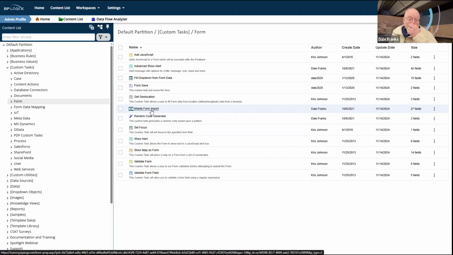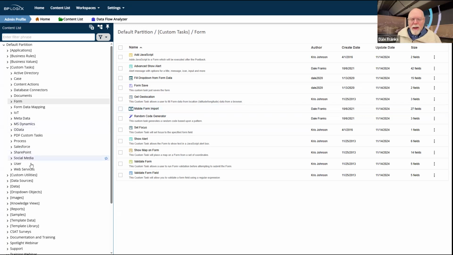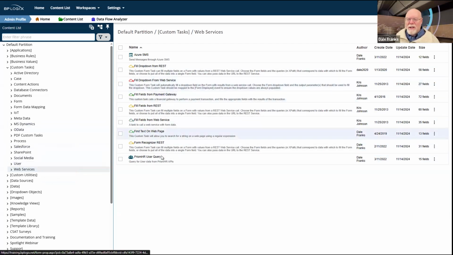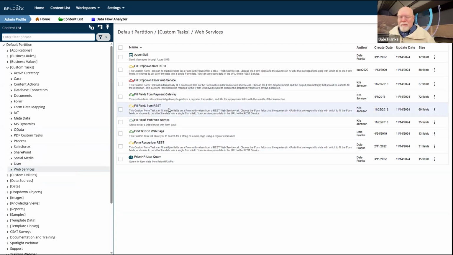So there are other custom tasks that are not separately licensed, but they're still kind of special. And that is the web services custom task. Now, if you're going to use these web services custom tasks on some external system outside of Process Director, then that's fine.